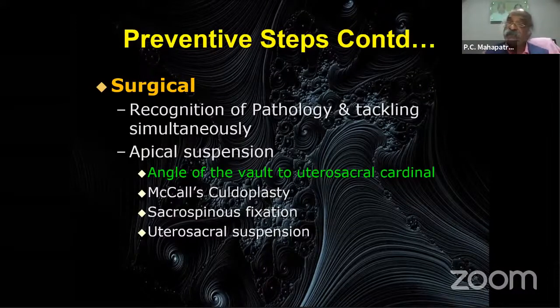While doing the vaginal hysterectomy, particularly in non-descent, earlier it was a circular incision all throughout. Now we recommend don't give a circular incision. Anteriorly and posteriorly, leave the attachment in the lateral part so that the vaginal wall remains attached to the Mackenrodt's and uterosacral ligaments laterally, which preserves support. In addition, you give angular support or a McCall's culdoplasty to prevent that. So the angle of the vault to the uterosacral ligament is absolutely important, whether you do it vaginally, abdominally or laparoscopically. It cannot be ignored, and that is a very important step in preventing